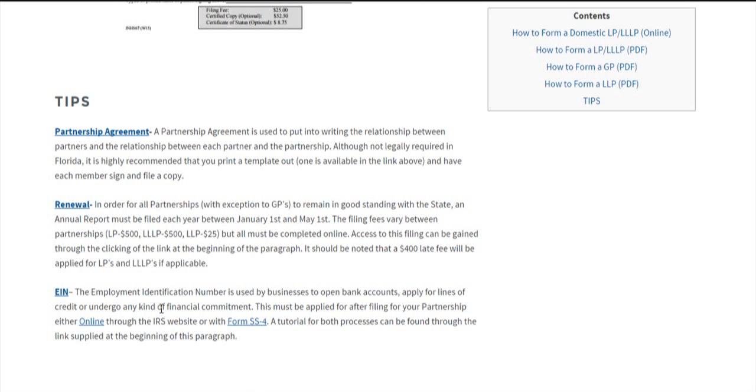Now, the employer identification number is something you should acquire after you finish filing for your partnership. It can be used to open bank accounts, apply for loans, and hire employees, and it's necessary to file your taxes, as it's necessary for the IRS to give you this in order to identify you come tax season. It can be applied for online or through Form SS-4. A tutorial for this can be found just by clicking on this, but once that's done, you can consider yourself